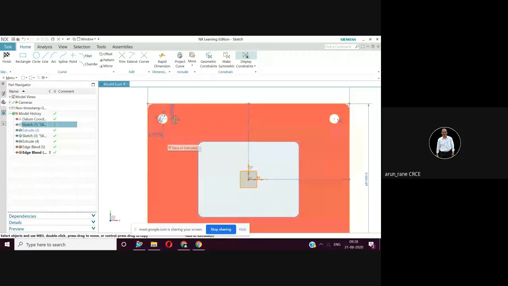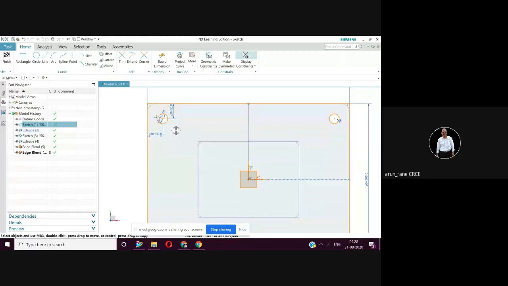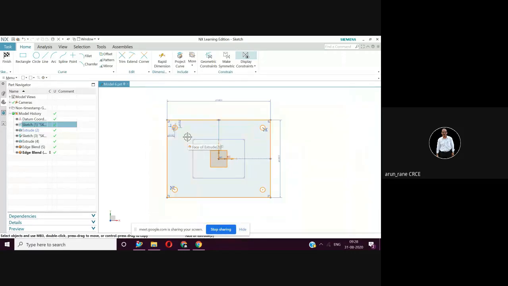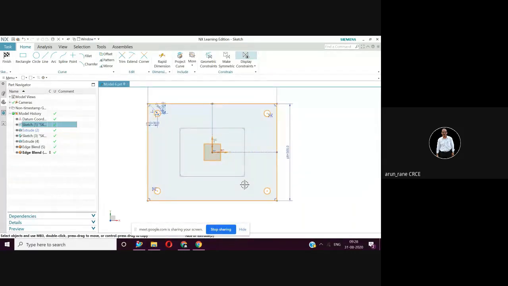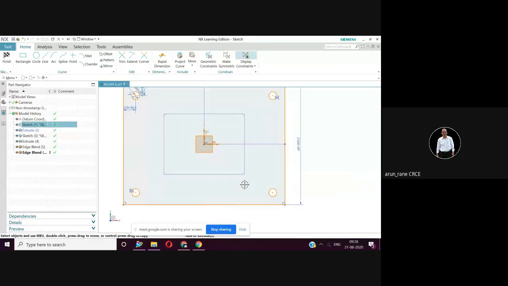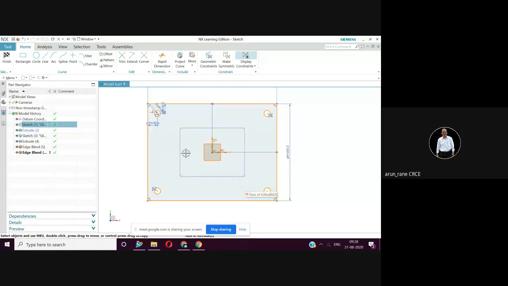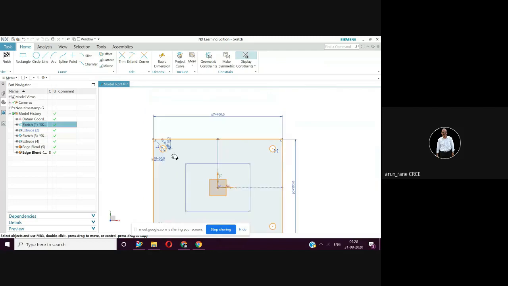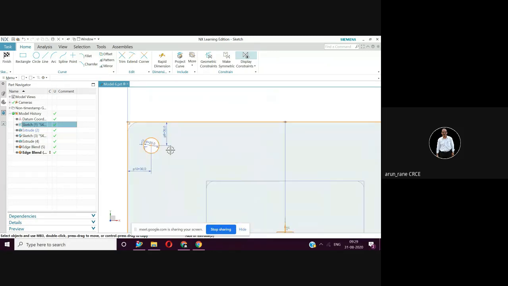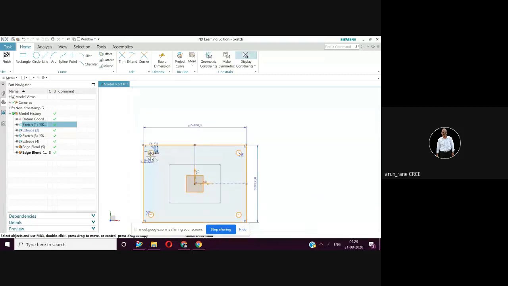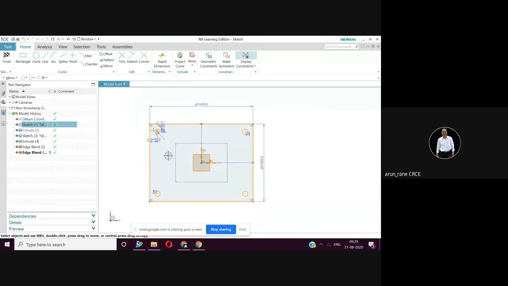Then the drill size is 20 here. The entire geometry can be seen. If you want to edit, you can edit also. That's a 20 dia hole at 30 and 30. The radius is not seen here.